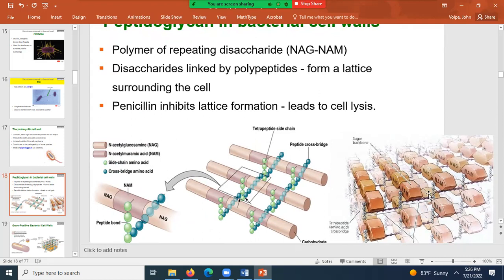And so you only get one penicillin molecule here. This chain won't be held together, and that'll make a gap in the cell wall right here where the NAG and the NAM aren't held together. And having a gap there, the plasma membrane can protrude out of this gap. And then as more water comes into the cell, this plasma membrane can protrude out of the gap even further and further, sort of like a balloon